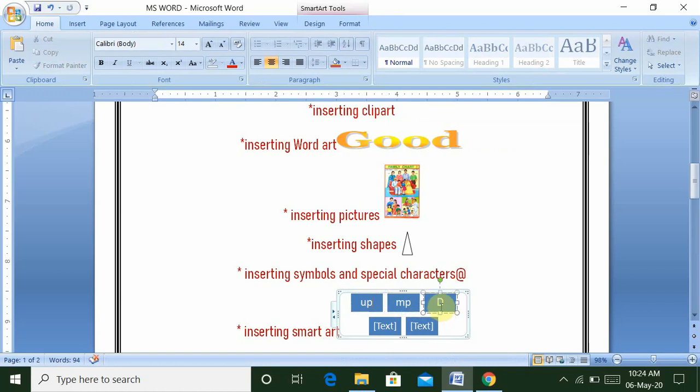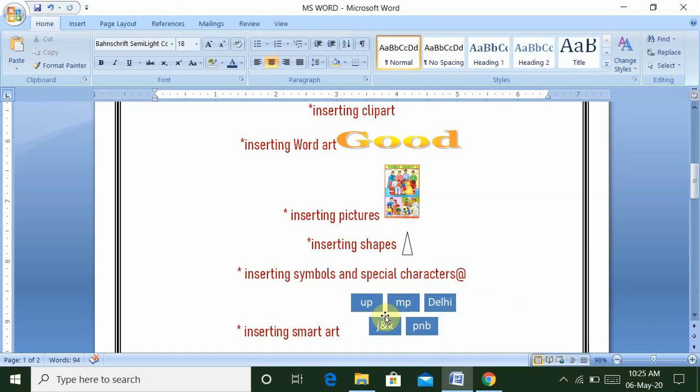So you can also set here multiple types of city names, Jammu and Kashmir, and again so many types like Punjab. So you can insert here a feature that is smart art.